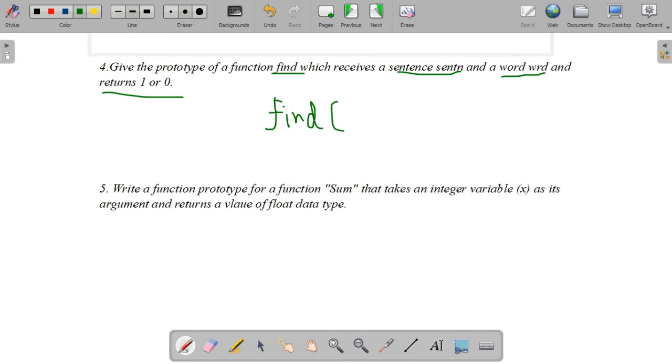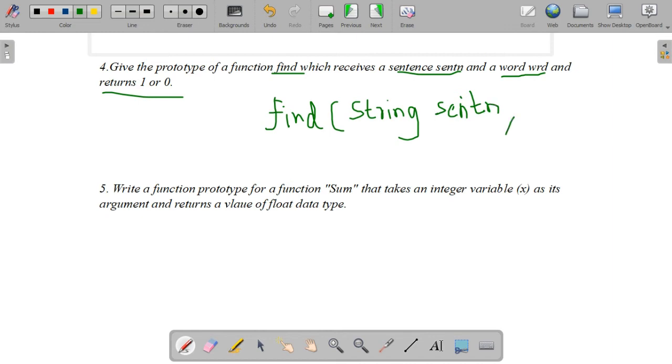How will we receive a sentence? A sentence is a group of characters that belongs to the data type string. So you will write string, and the variable given here is SENTN. So we have to use the same variable SENTN.